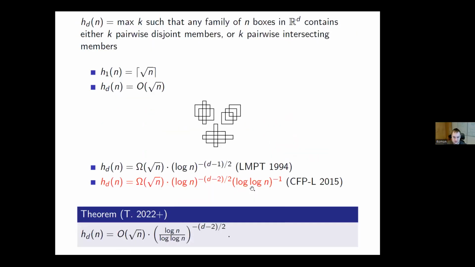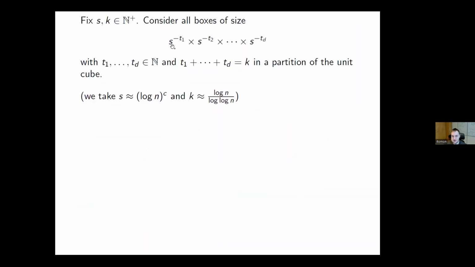So that's why you take S. Usually you would take some binary thing like these dyadic boxes, but this doesn't work. So that's why you need to take S to be polylogarithmic, so that you push down the number of these complete bipartite graphs. Because then the smallest box will be S times larger at least than both these smaller boxes. I see.